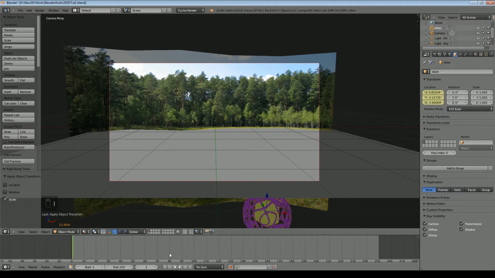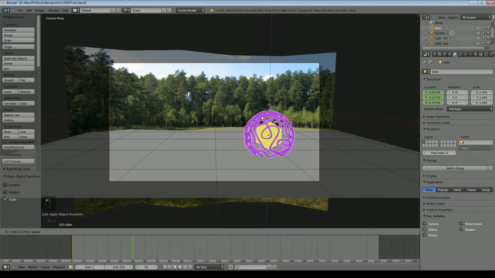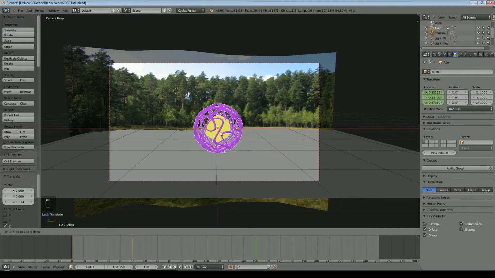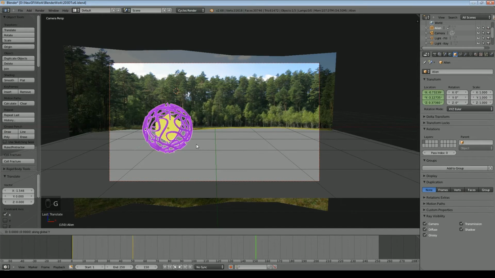So I will then come to, bearing in mind it's 25 frames a second, so over the course of 2 seconds, so roughly there, I'm going to move the object above the water, and it'll only just be above the water. Record that position. Then over the course of 4 seconds, which will take us up to about 150 roughly, I wanted to move there, and let's make it move back a little bit as well.